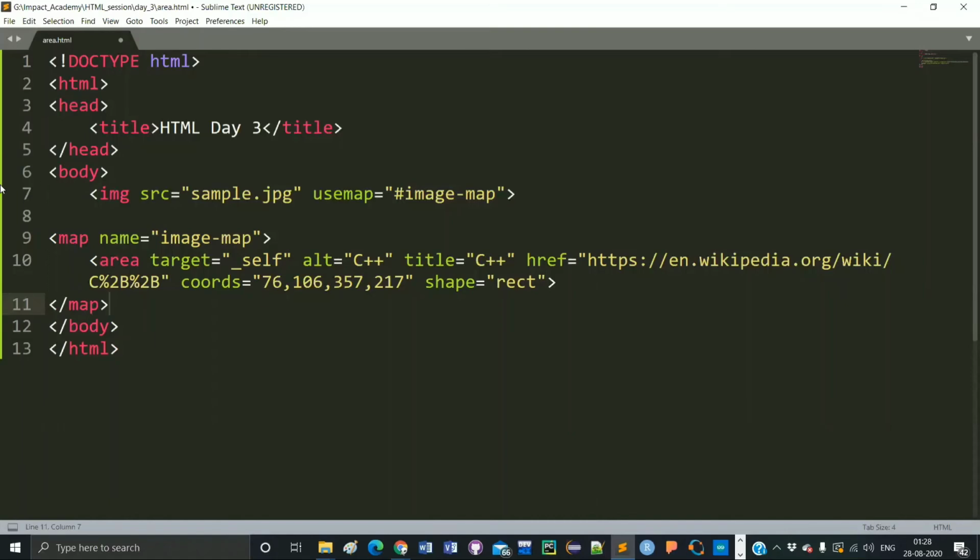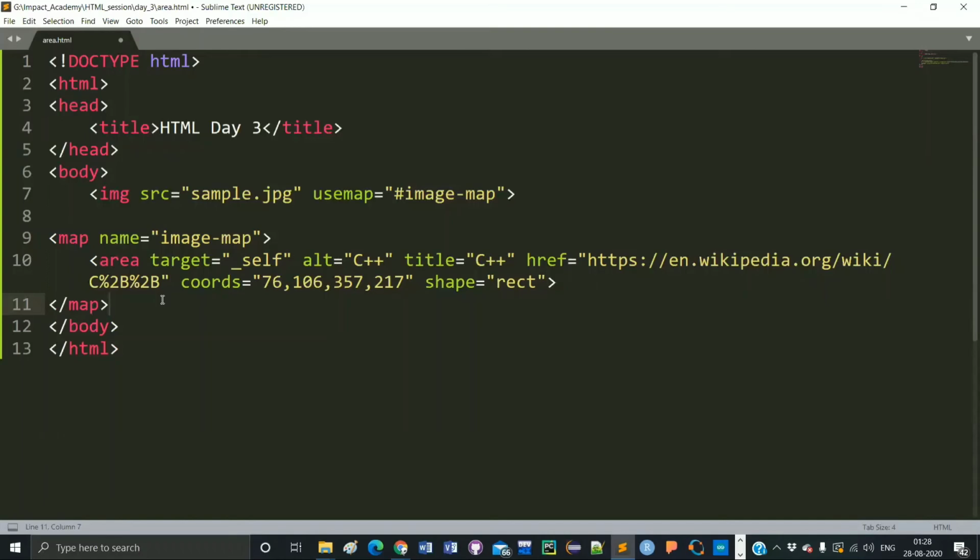Here I used another tag, that is map. When you use this usemap attribute, it is going to define an image map. And what is about that image map?